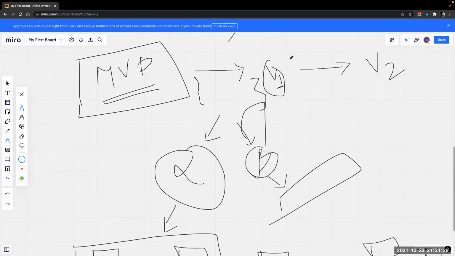This is the phase where the investors and the users come in, and the users use the app for free. The investors will see whether this app is good or not. If they feel it is good, they will invest in this product.